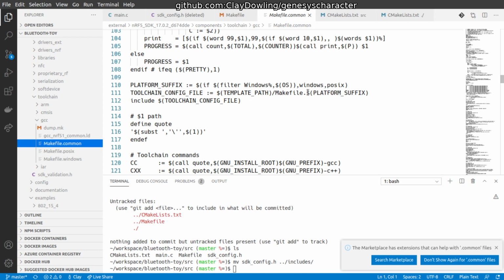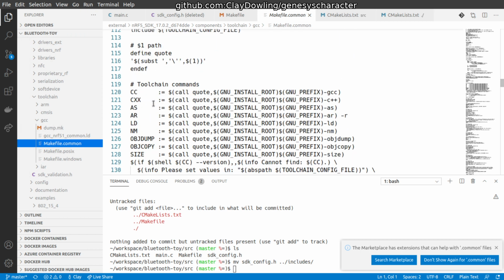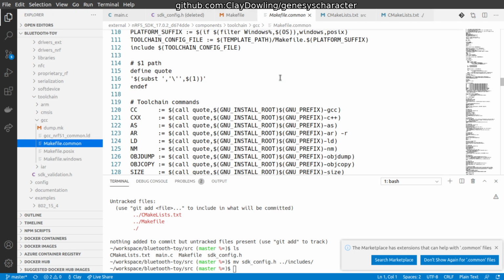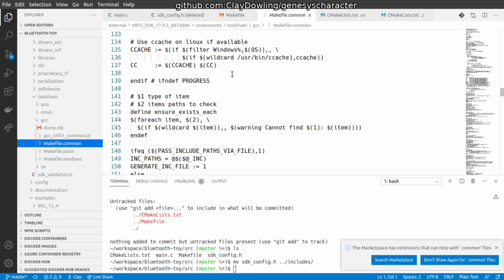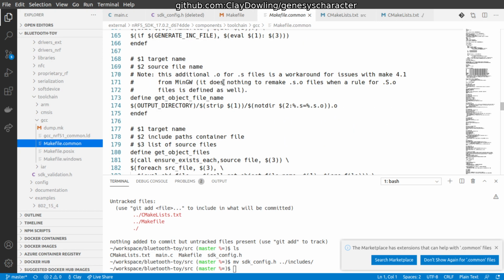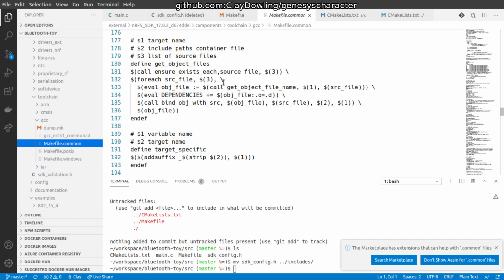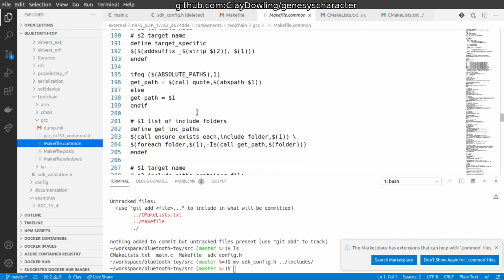Toolchain config files, makefile.platform suffix. I'm building on POSIX right now, so I might need to look in there and see if there's anything I need to know about. Yeah, this file is actually doing all the things that I would do in a toolchain file. A lot of them are handled for me, so I'm not going to sweat about them. Yeah, the stuff in here about get object files, that could be a thing. Alright,